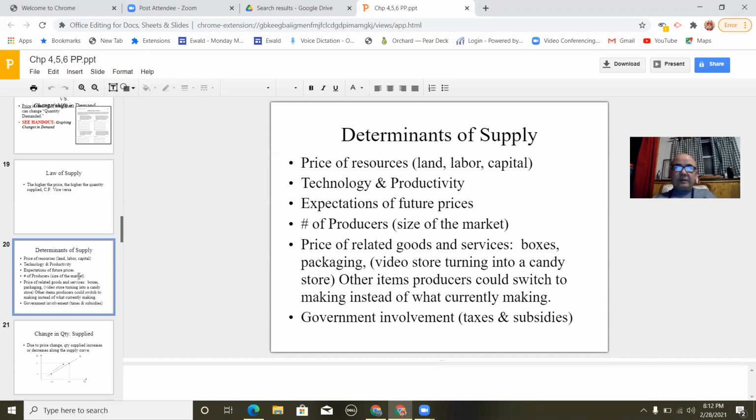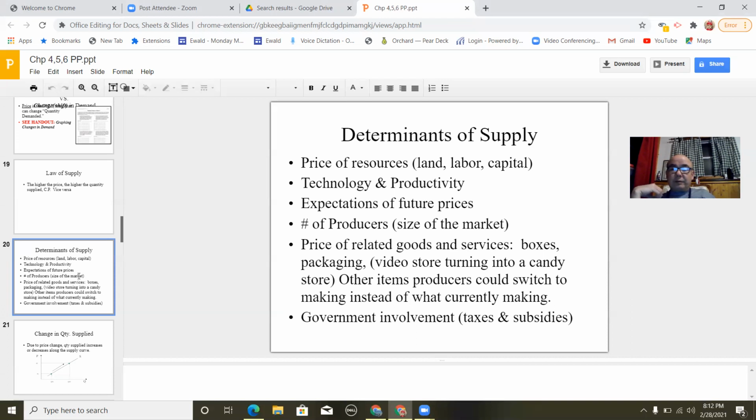But also, for example, if I'm purchasing lumber to make baseball bats, and I find out that I can make wooden furniture and make a lot more money from it, and the price of wooden furniture goes through the roof, then as a manufacturer who might already have the wood and the other capital resources to just switch to making wooden furniture, those related goods might cause me to produce fewer baseball bats and more